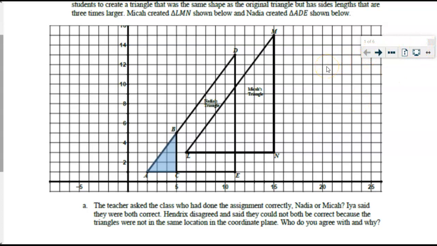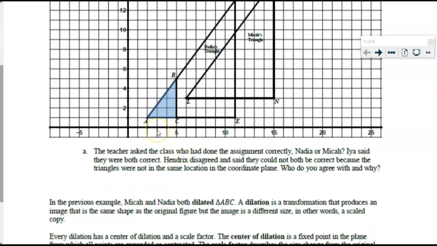So I hope at least at this point you guys are agreeing that yes, these are both triangles that are